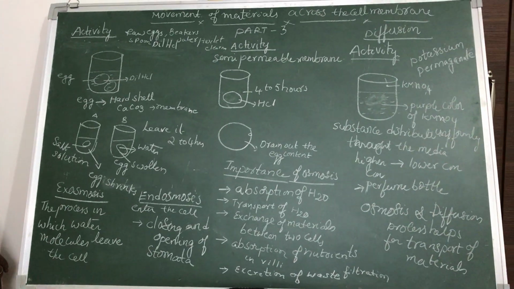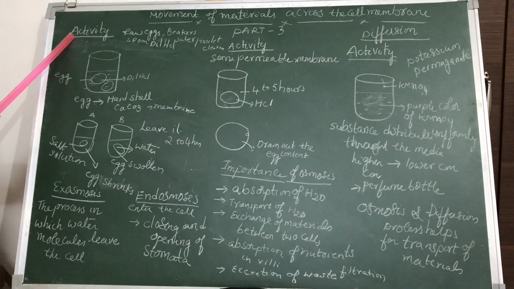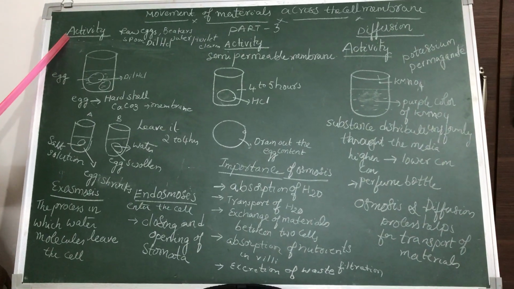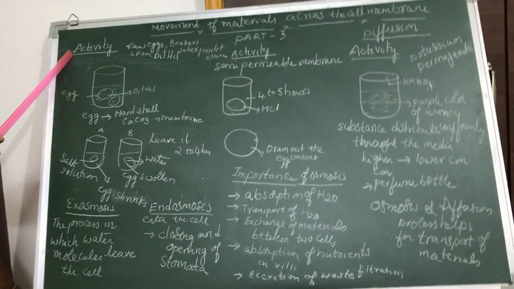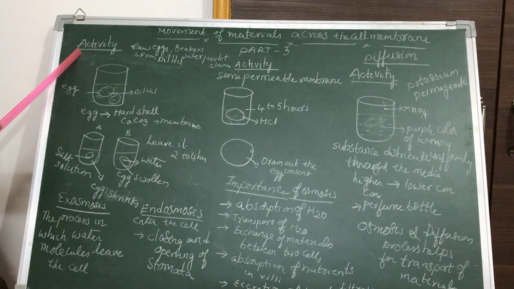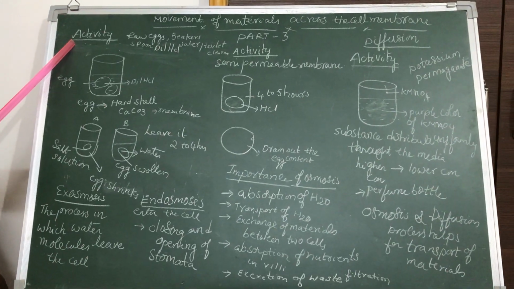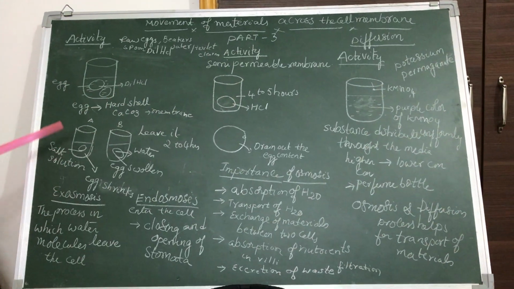Today let us discuss the activity on the process of osmosis. Osmosis means movement of molecules from the low concentration to high concentration through a semi-permeable membrane. We call it osmosis. Let us do a small activity on the process of osmosis. To do this activity, we need a membrane called a semi-permeable membrane, which we will discuss in the next activity.